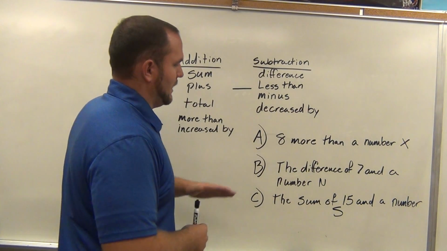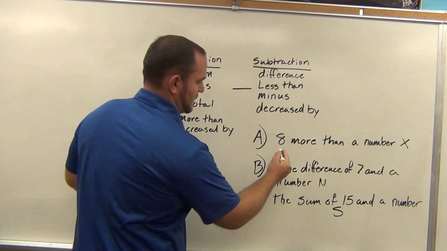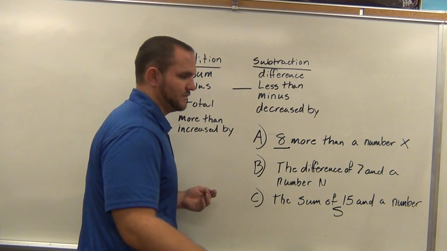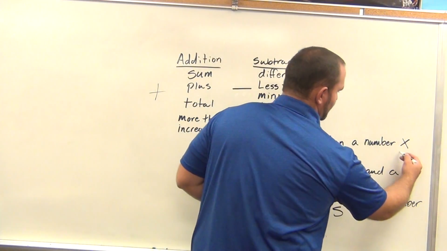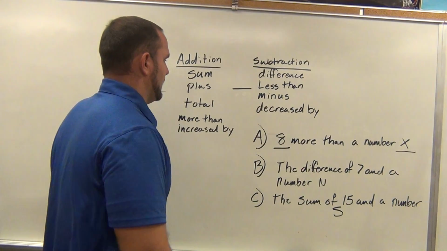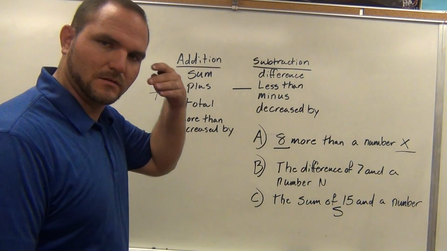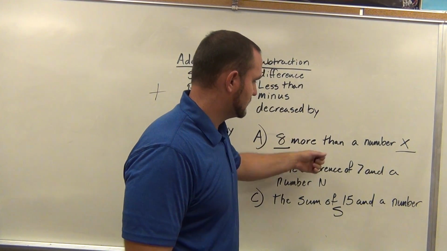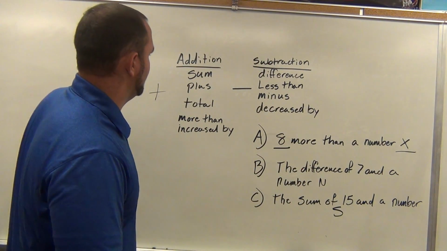So I'm going to pull out a few things here. I can say, all right, I found 8, and sometimes they'll put them in word form instead of number form. 8 and x. And now I need to go through my mental list here. There's "more than." Okay, so let's find "more than" on our